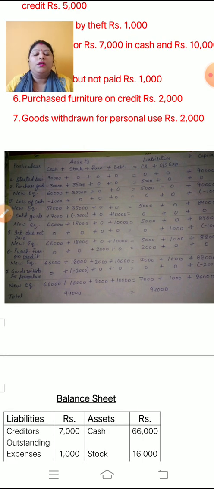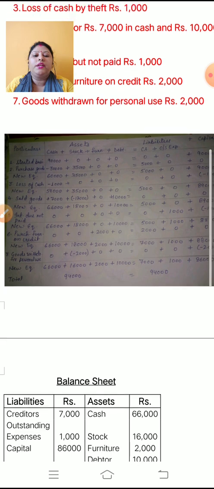Okay, children, if vertically it will not come in your notebook, you have to use 2 pages. For this question of accounting equation, if one page is not sufficient, then you have to do this question in 2 pages, one page for asset and other page for liability plus capital. In this way you can solve your accountancy NCERT book questions.